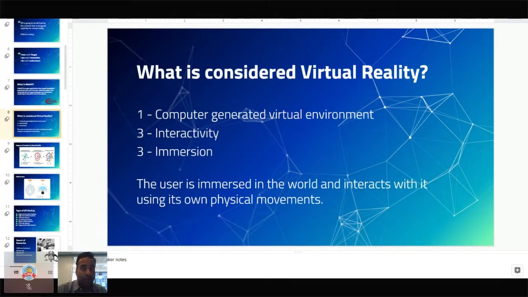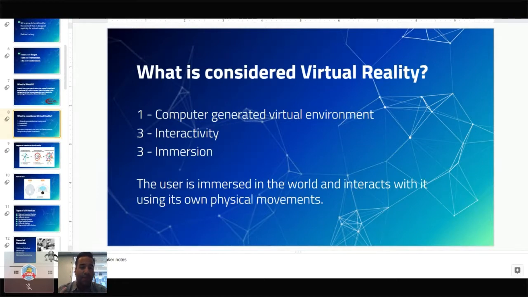Some of the most advanced controllers and experiences, which you may have seen in movies or in different museums, can have a vest that will generate heat, or that will also vibrate. And this is what we call haptic feedback. So the user is immersed in the world and interacts with it with his physical movements.